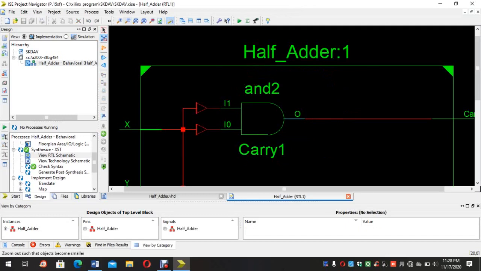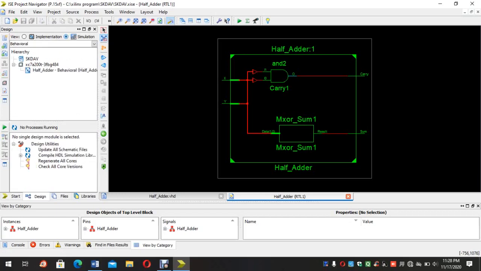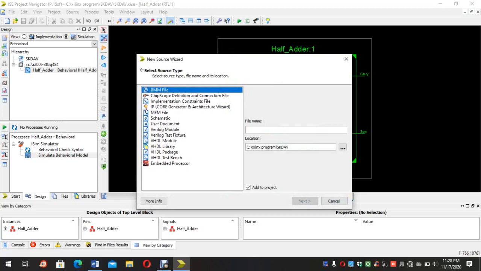So here is the internal diagram, that is, here is the AND gate for carry and here is the XOR gate for sum. Okay, so this one is the RTL schematic. Then click on simulation. Then here again add a new source and select the VHDL test bench. Then give a name, HAPADDR